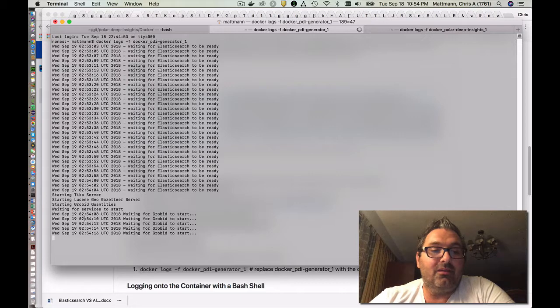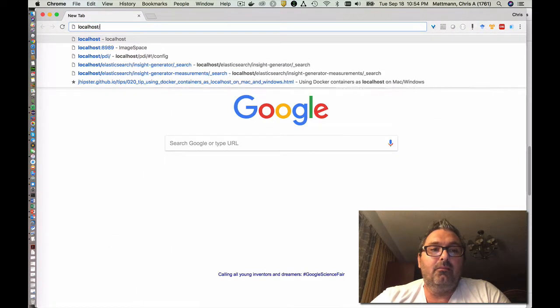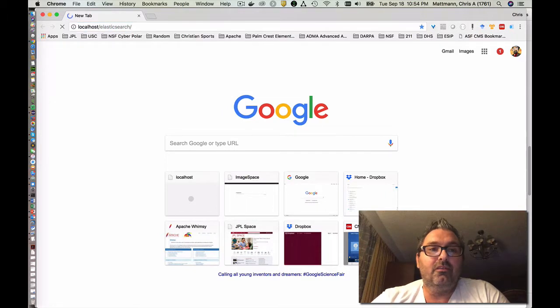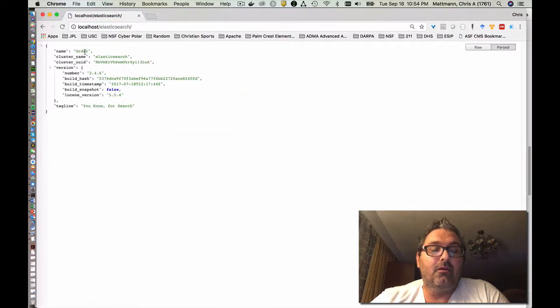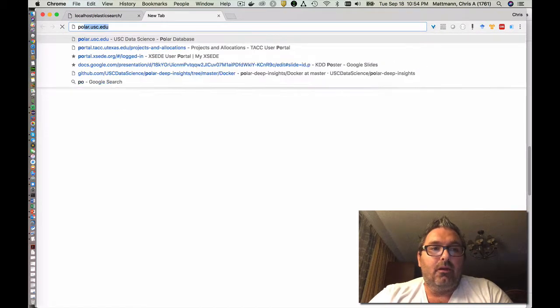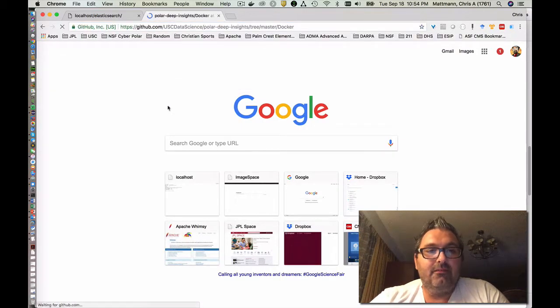Grobid quantities takes a little bit of time to start, so it's going to go ahead and wait for it while it starts. So in the meanwhile, while this is going on, you can go ahead and visit the following URLs. You can see Elasticsearch on localhost. It's up and running. You can tell it's here. And the way that I knew that it was there, and I'll just go ahead and pull back up the GitHub documentation, is that